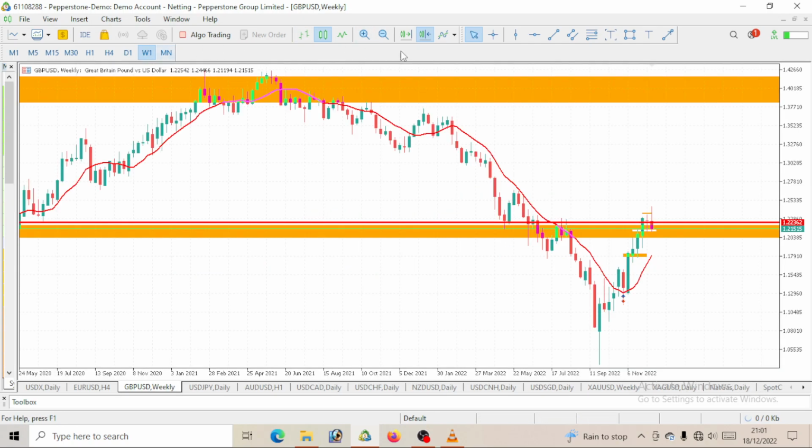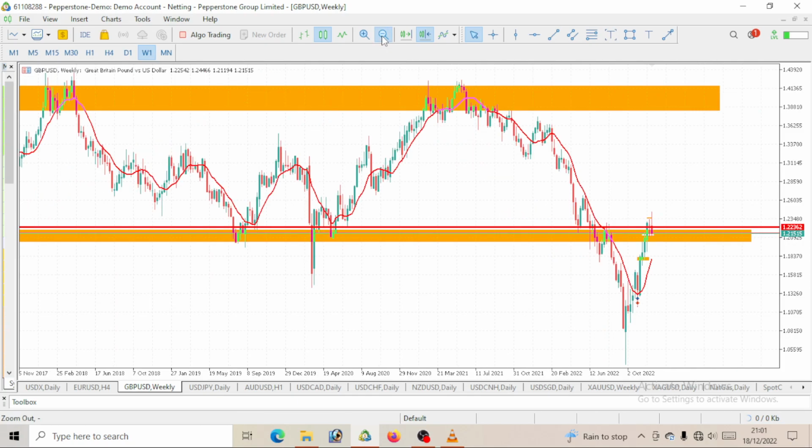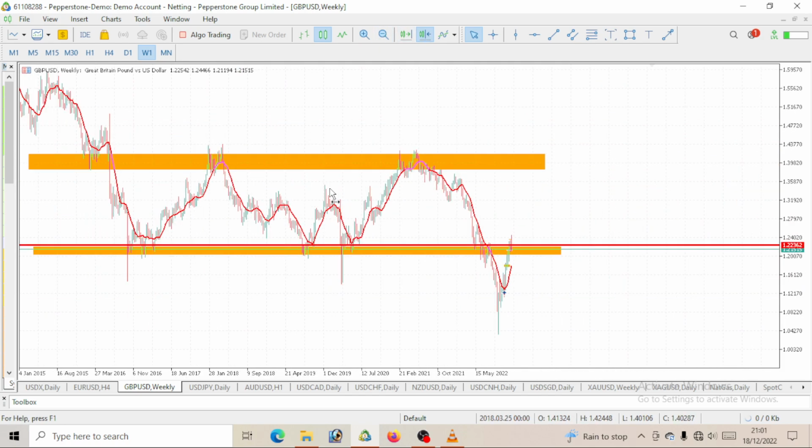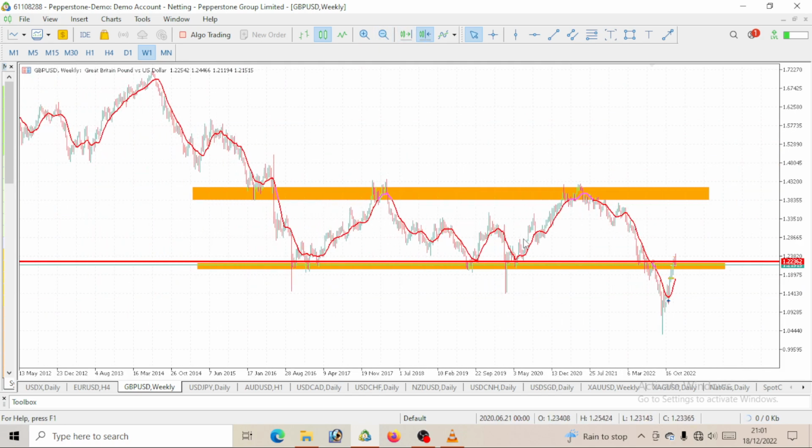So when you take a look at it, let's start with the weekly time frame on this GBP USD. Now take a look at this movement. I want you guys to understand something. You see that this movement is a ranging market move, right? This movement started around 2016. We saw that this movement dropped and came to this same level, which is one of the reasons why I've highlighted this level. Down, then price went up and took out these highs,